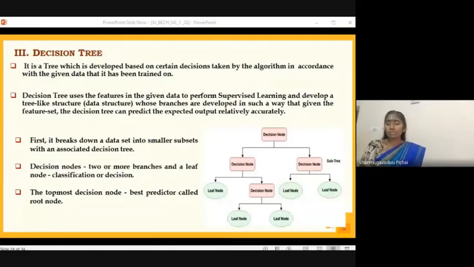To the next slide, which speaks about the next aspect of our next model we call decision tree. So now we are done with linear regression and we have learned what is meant by logistic regression. At this point of time, you must be able to appreciate the difference between a linear regression and logistic regression. When there is one input variable and one output variable, we go for the linear regression. Whenever there are multiple independent variables, multiple input values, and when the output value happens to be more than one, then we go for logistic regression. So we have seen the variants of that. Like we know what is meant by binomial, we know what is meant by multinomial, and then ordinal regression.